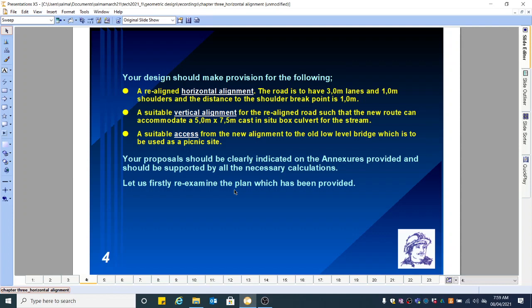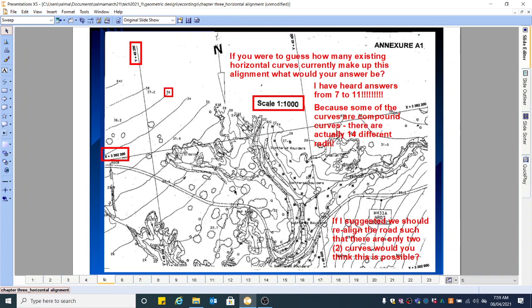Let us first examine the plan which has been provided. So you were given the layout. A couple of things that you have to know. This is the problem. There's a stream running here and there's been a lot of accidents here. And therefore realignment is required. Right? If you look on this